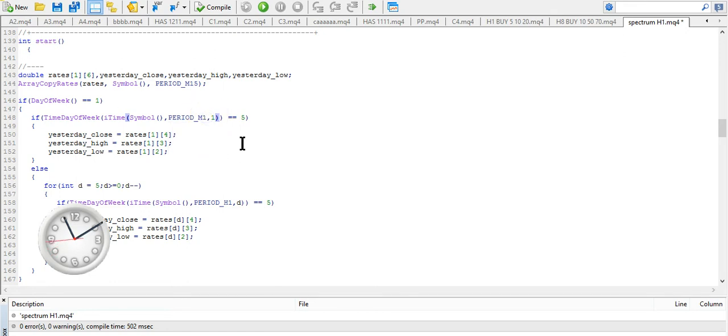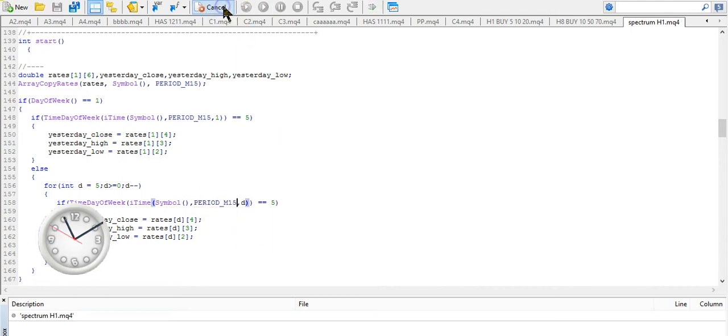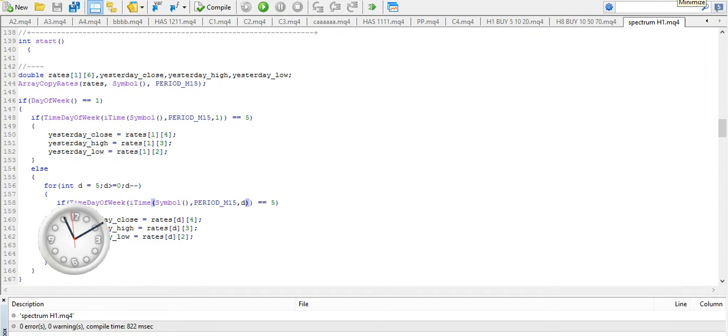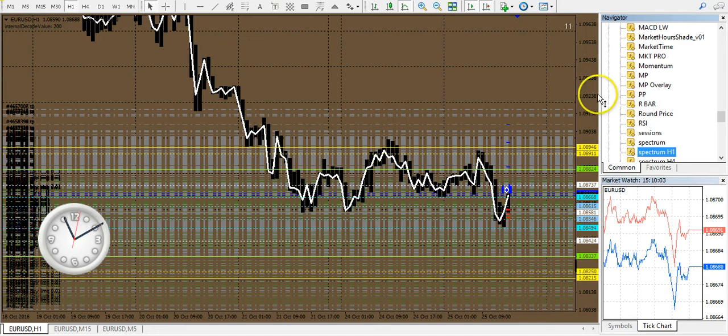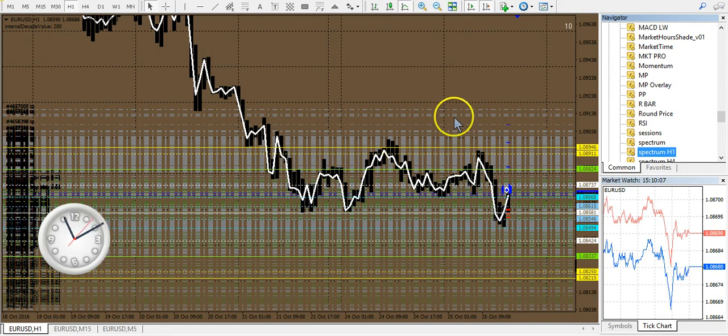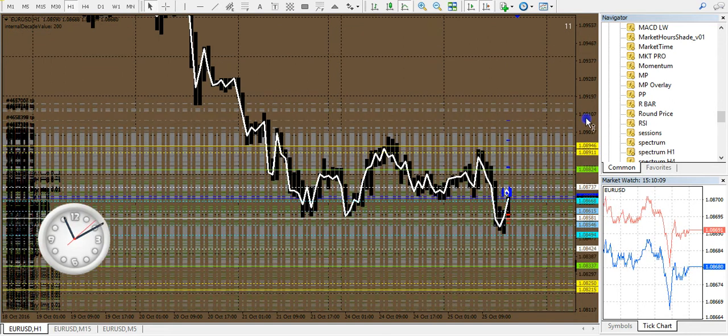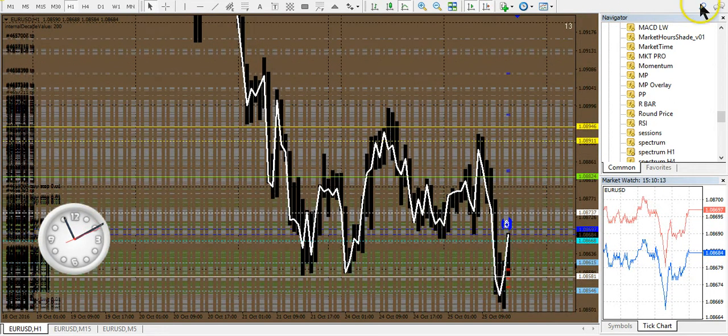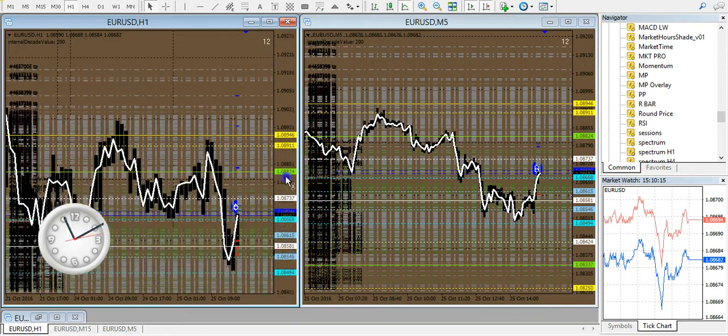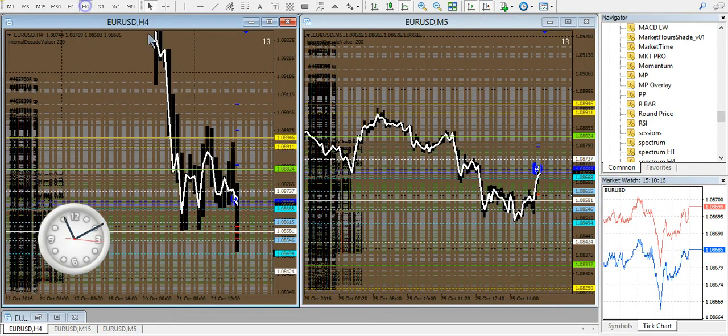So let's see, M15. Okay, M15. Compile it. I'm still calling it H1. I didn't rename it. I can't get to my name keys here. So I think it just refreshed based on 15 now. So now it's super close to market, and your targets are super tight. So if you go to the 1 hour, if you go to the 4 hour,